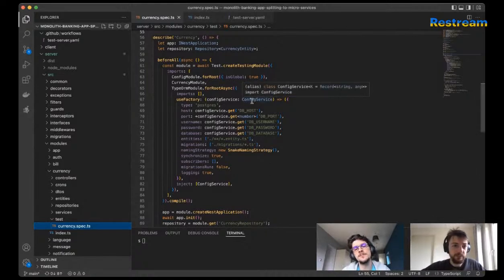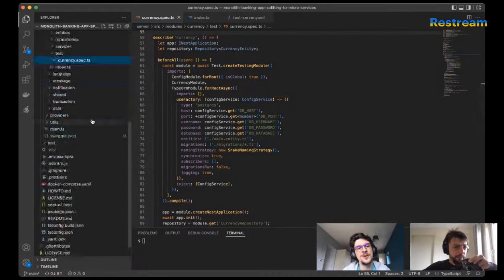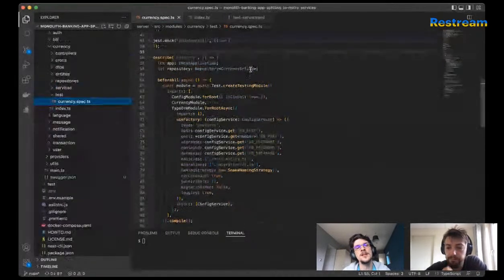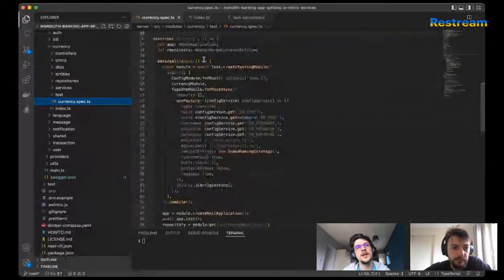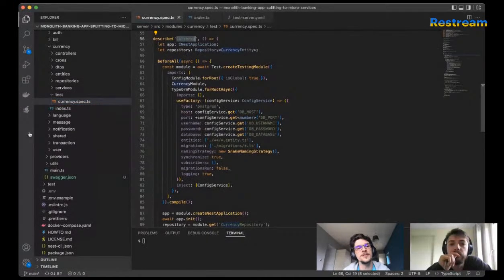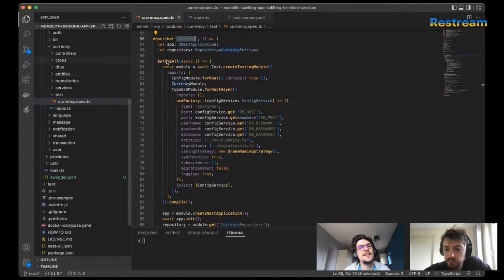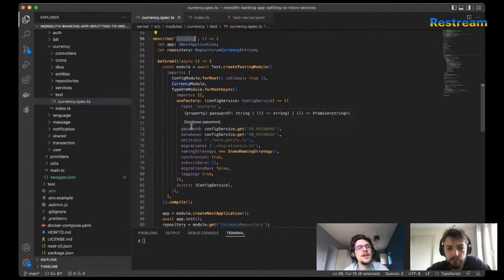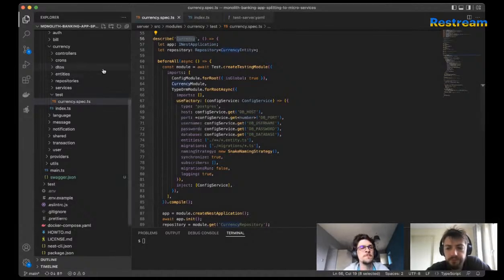Yeah. Yes. So basically, we have Jest installed, and last time we started doing an integration test for the currency part of this monolith. And I will update what I've done over the week and what prevented me from writing this test in the previous session. What was the issue basically?